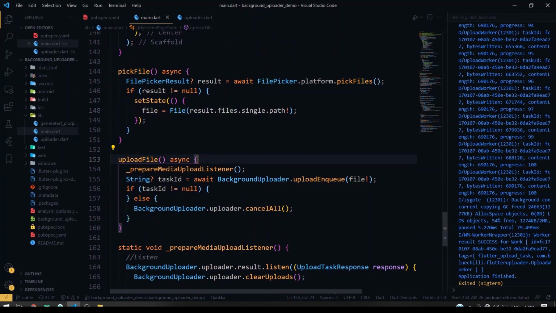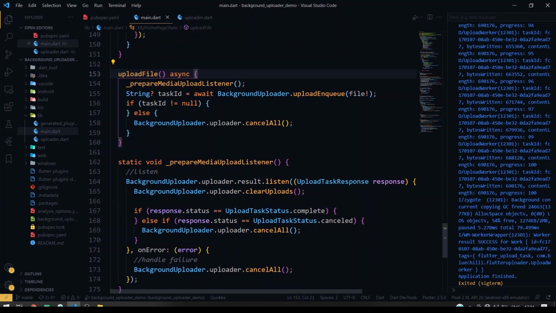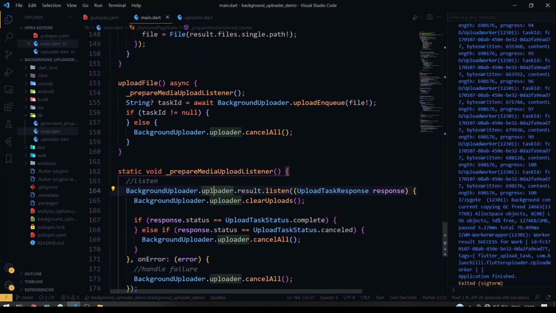And once we click upload file, here I'm going to listen. If you want to listen wherever you want, you can just call that instance. You have to initialize your Flutter uploader instance only once throughout the app, so you have to use that accordingly. So I'm just calling the uploader here and listening to the result. Whenever all the process is completed, I'm calling clear uploads, which clears the previous uploads. Otherwise we'll be getting duplicates, as it will keep on pushing the uploader. So that's why I'm clearing that.